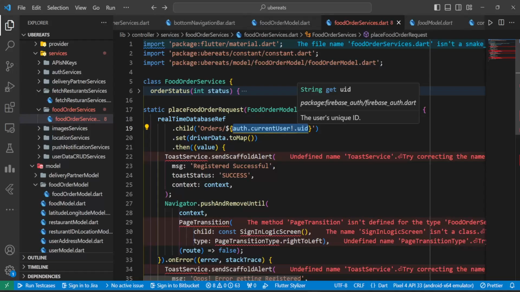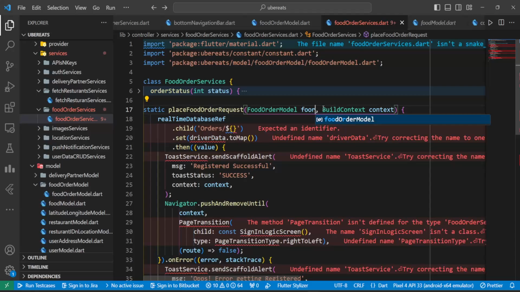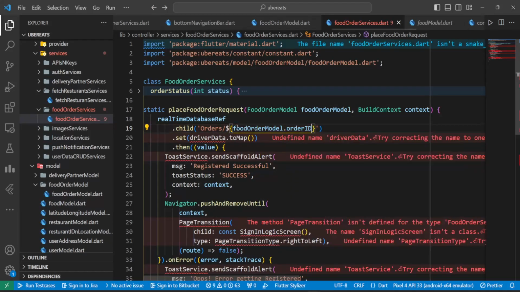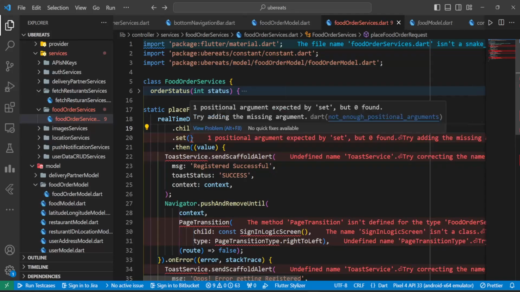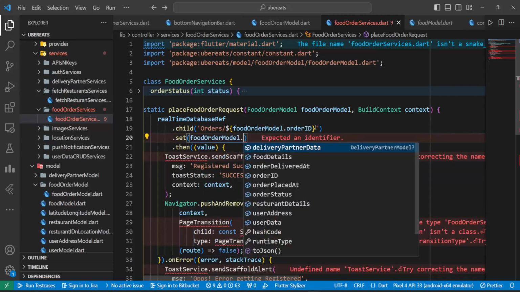We'll remove this auth, and go with food order model dot order ID. Here we do have orders, and here we do have food order ID. So we'll go with food order model dot